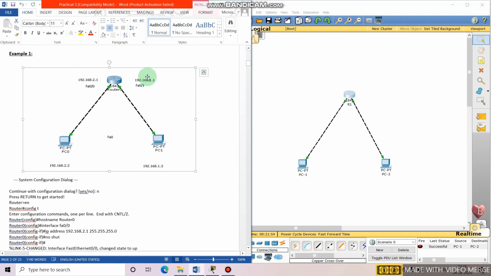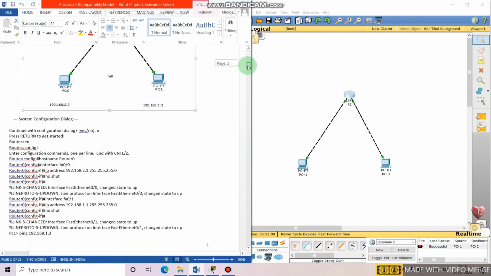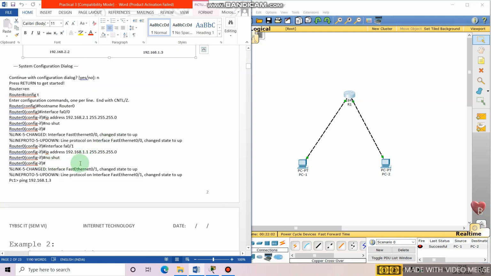See, this address you have to enter, and then the no shut command, and then the configurations are done with the CLI method. Whatever method you want to use, whatever you find easy, you can do it.